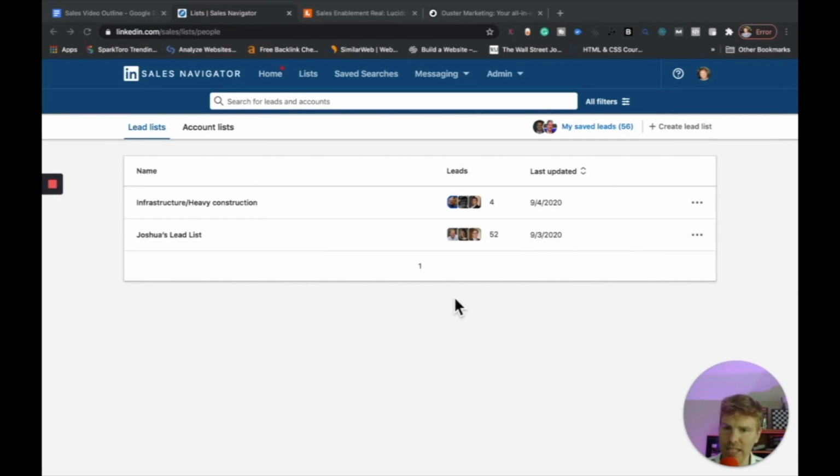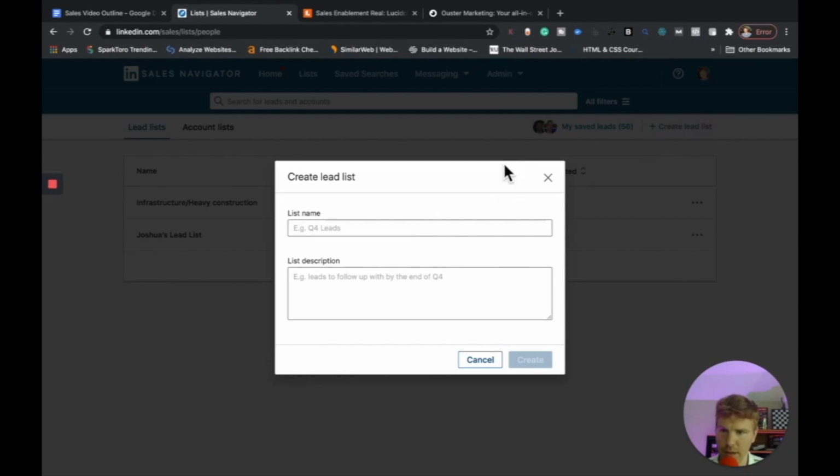Now, LinkedIn Sales Navigator is an incredibly powerful platform because it lets us look at decision makers in a variety of organizations. So here I am on the leads list. As you can see here, I created an infrastructure heavy construction lead list. I've got Joshua's lead list right here. But let's create a new one on the fly so I can give you a better idea of what we're doing here. So let's call this list name,